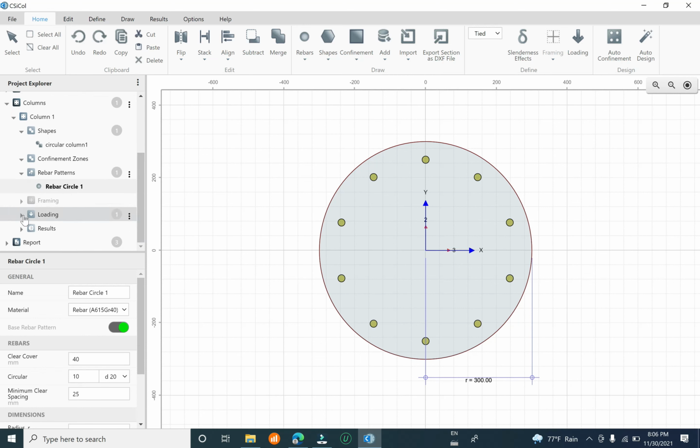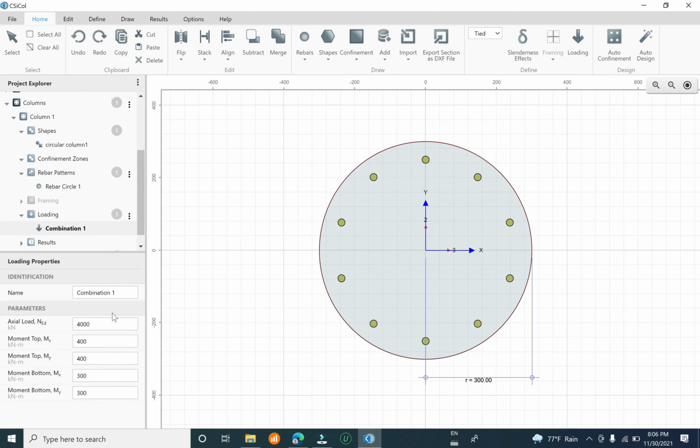about loading combination 1. You can create combination 1, axial load, okay, 400 tons or 4000 kilonewton. Moment about top, moment about bottom, moment, oh no, sorry, moment about the top edge, top y, okay, top edge from here, and top y from here, and moment at the bottom edge, bottom y. Okay,